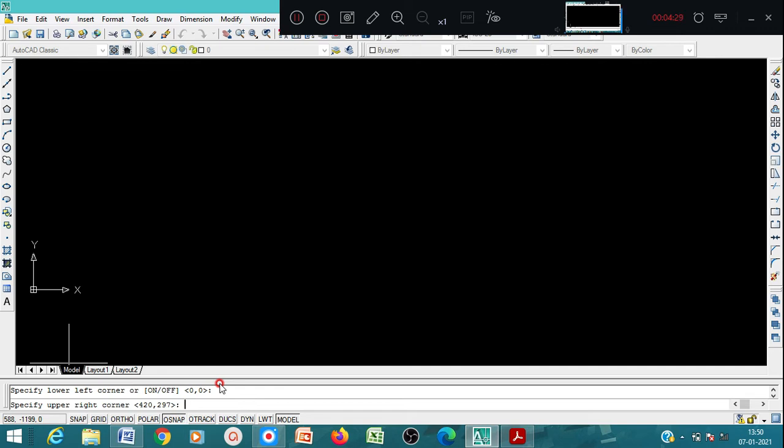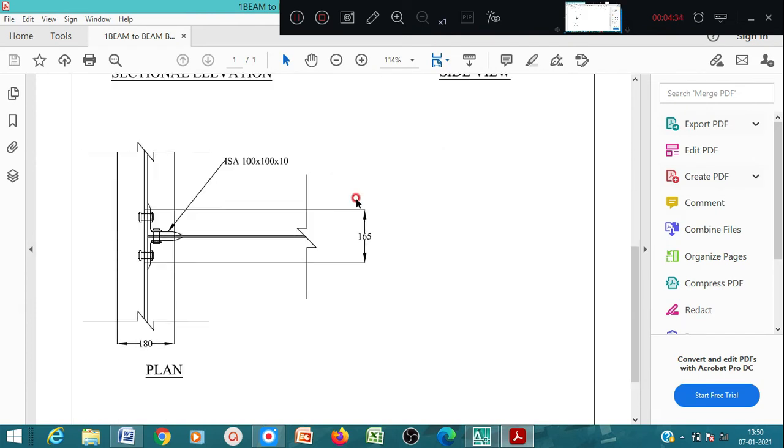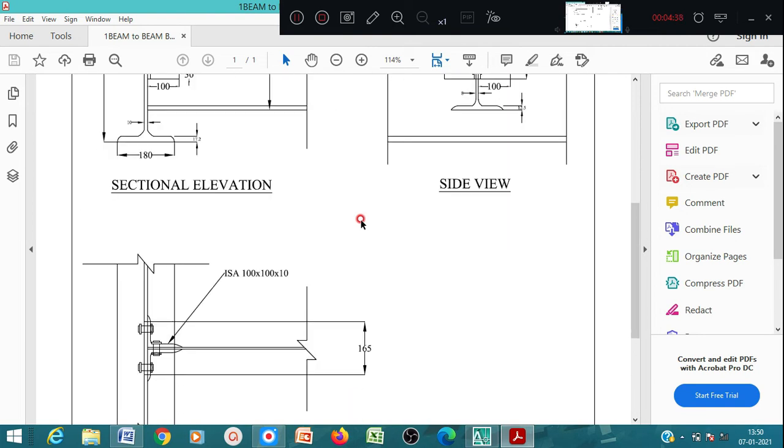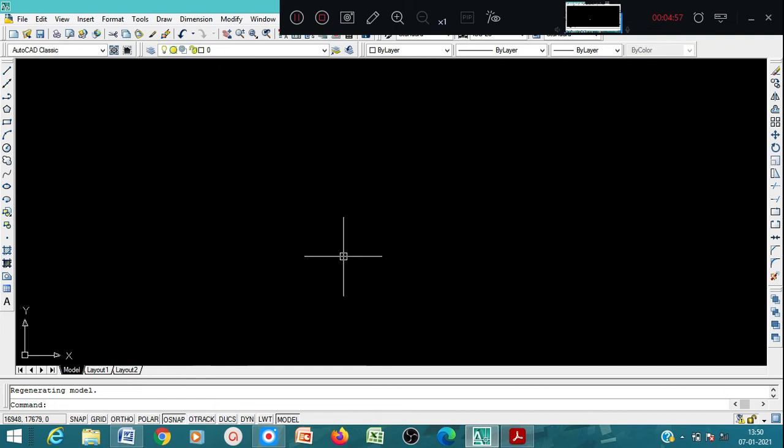Based on our sketch, give the limits for the right corner of the drawing: 50,000 comma 50,000, and press enter. Immediately after fixing the limits, give the command zoom, enter, and A, enter. Now we can proceed with the detailing part.